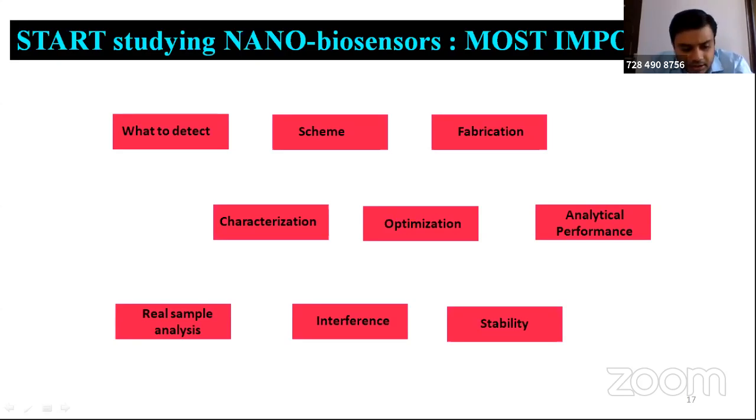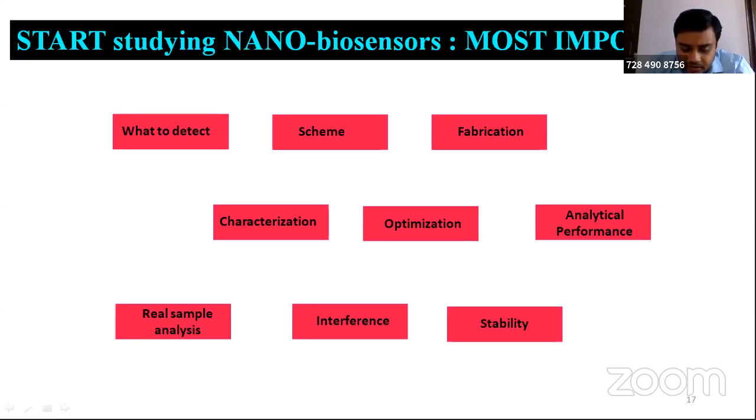After the characterization process, you will go for optimization, so that in this optimum situation you obtain the maximum signal. After this optimization, we move on to the analytical performance. It means the graph I discussed in the previous slide: LOD, LOQ, LOL, and dynamic range. You will be calculating and analyzing these parameters. In addition to these, there are many more things we will be analyzing. That all comes under the analytical performance values.